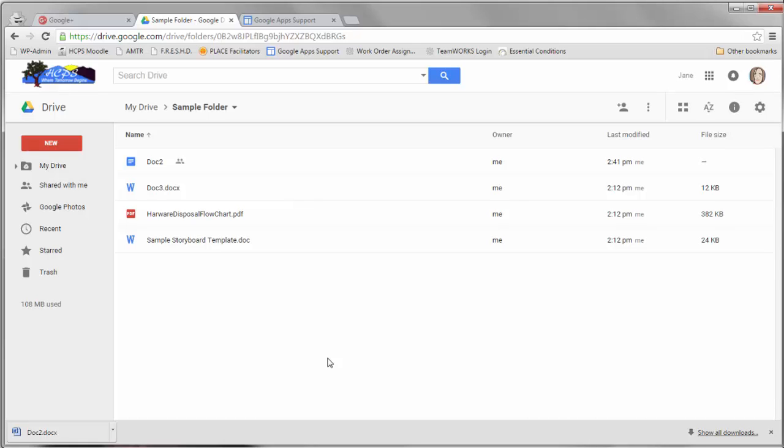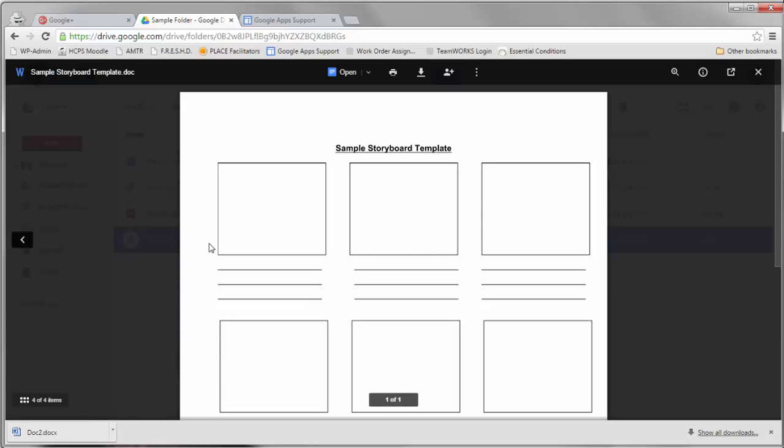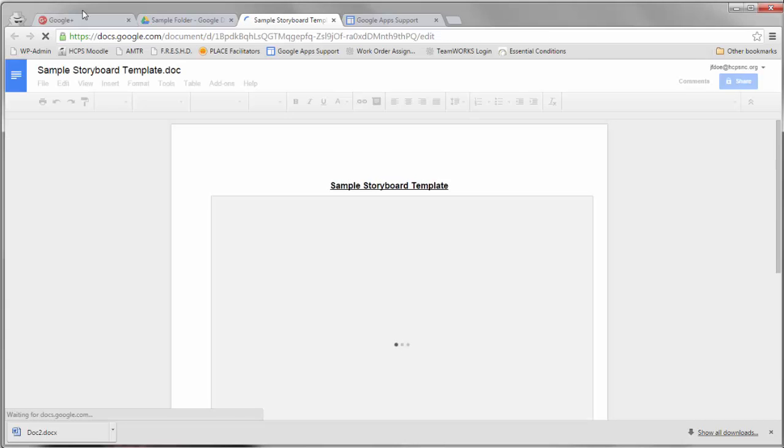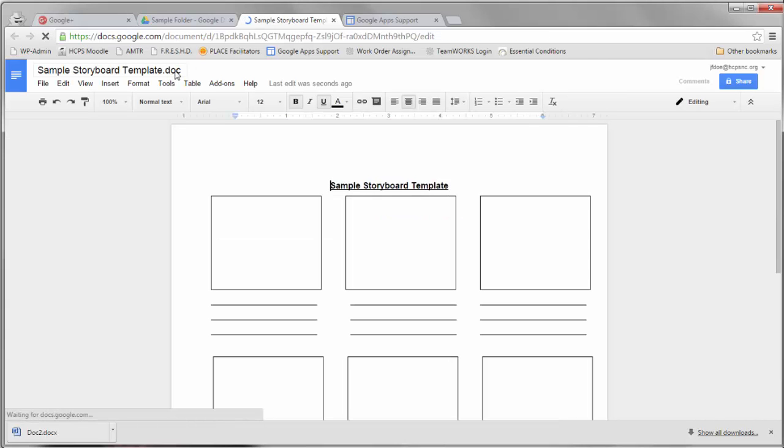So one of the things that we recommend doing is finding your documents that you've uploaded, and if they're in Word and you would like to try to have them be in Google Docs format instead of downloading, go to Open, allow them to open in Google Docs, and then what we're going to do is take off that extension so that we don't have to worry about getting confused. So this is our sample storyboard template. Remember, it's saving it